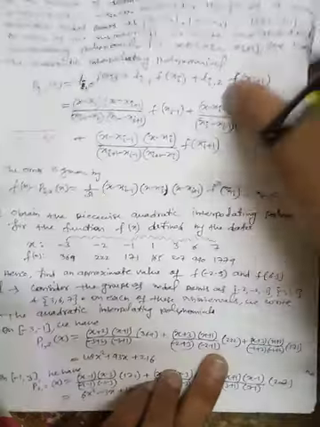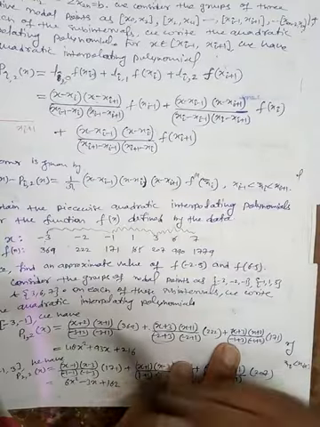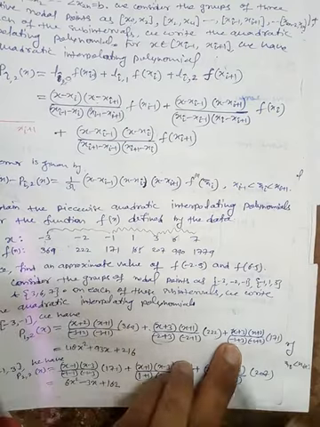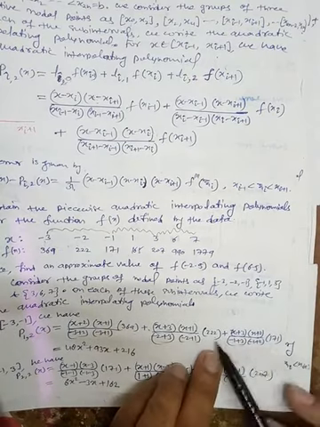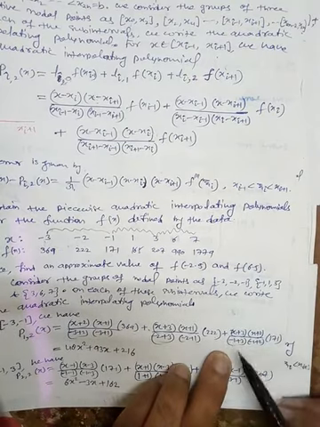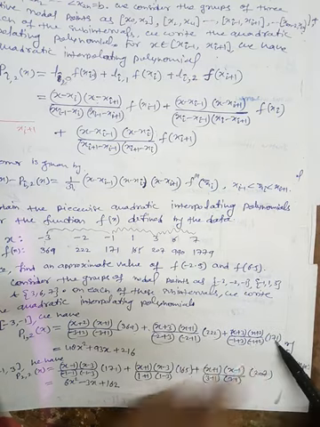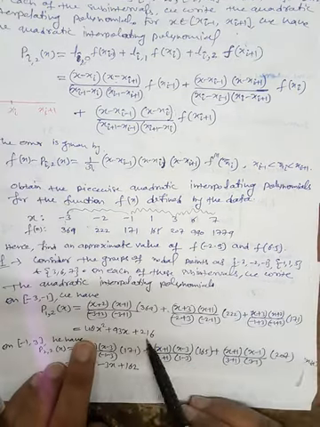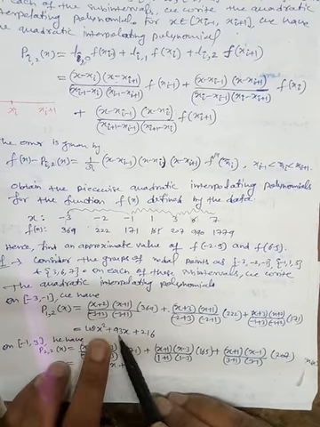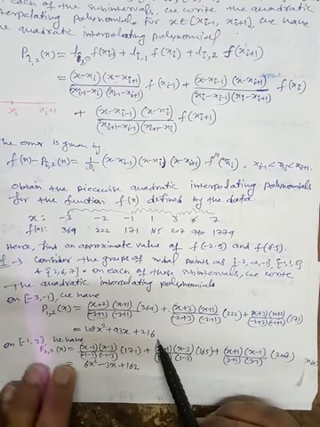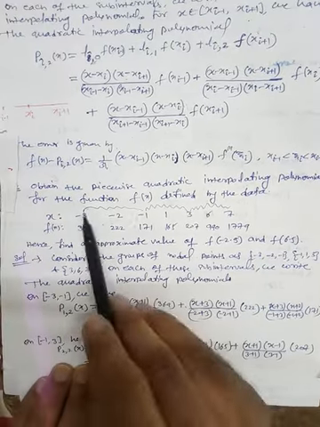Similarly, third one, x plus 3, this, x plus 2, divided by this minus 1. So minus 1 plus 3, minus 1 plus 2, multiply by 171. After simplification, we get this polynomial, 48x square plus 93x plus 216. Okay, so this is the polynomial in this interval.